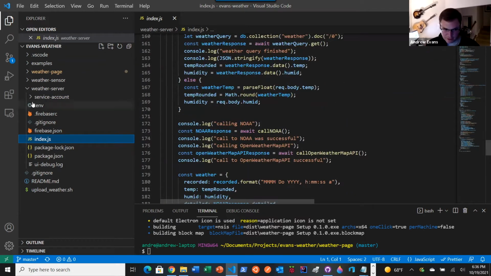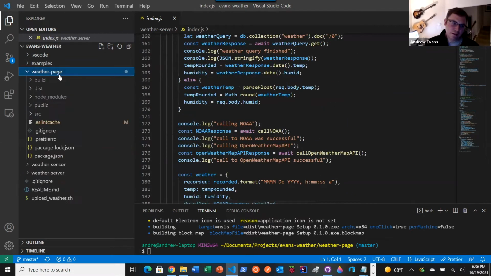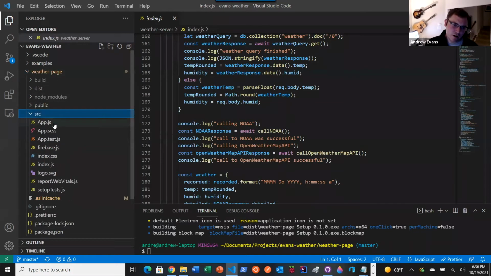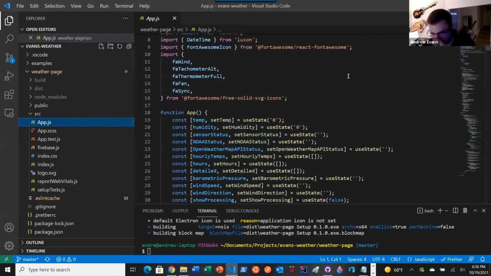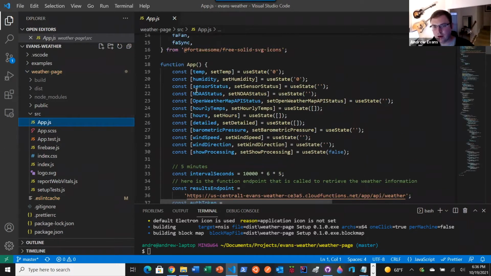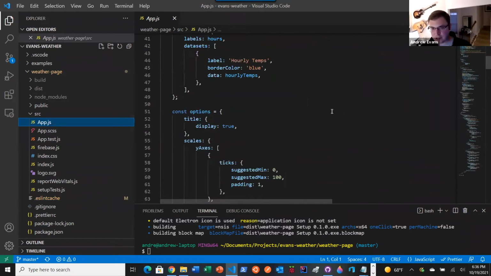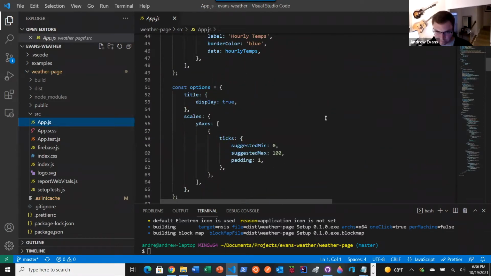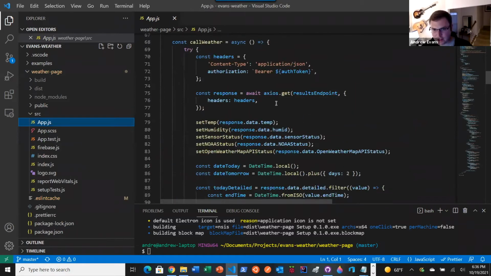So this is basically the server. And finally, we have our weather page, which is our Electron app. So this app is basically a standard Create React App. I'm using local state. I'm not using Redux or anything fancy. The one thing that I am using that's kind of fancy is, if you look at the